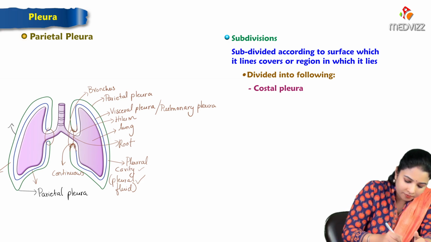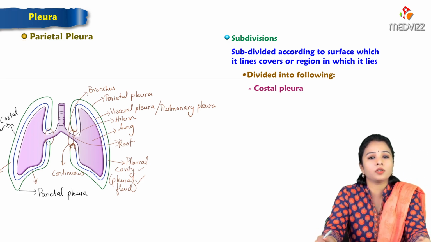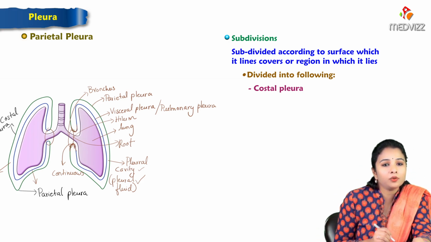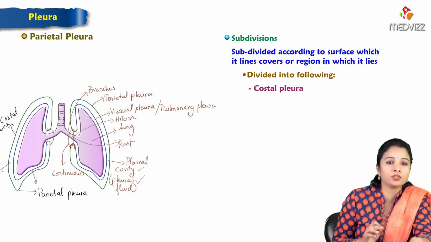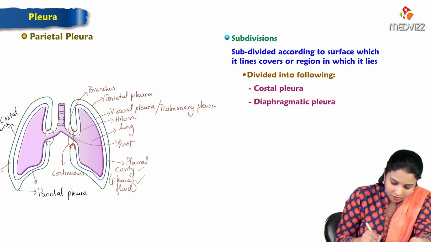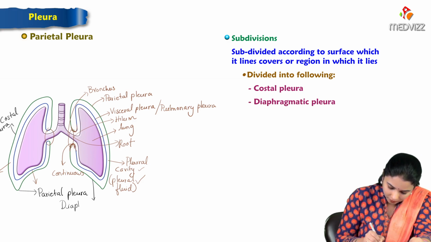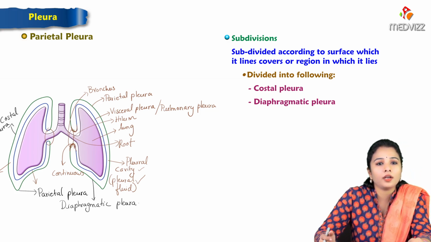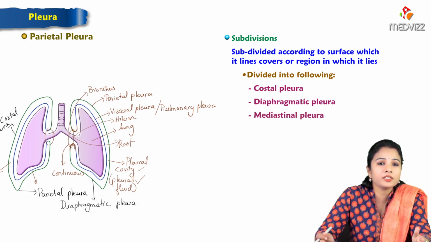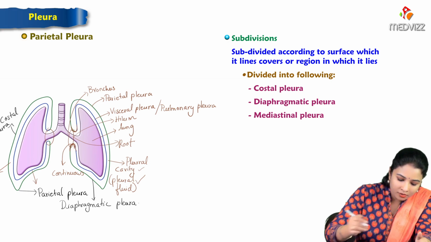So this is the costal pleura. And the parietal pleura which is along the inferior surface of the lungs related to the diaphragm is called as diaphragmatic pleura. And the pleura which is on the medial surface of the lungs forming the boundary of mediastinum, lateral boundaries of the mediastinum are called as mediastinal pleura. So this is mediastinal,